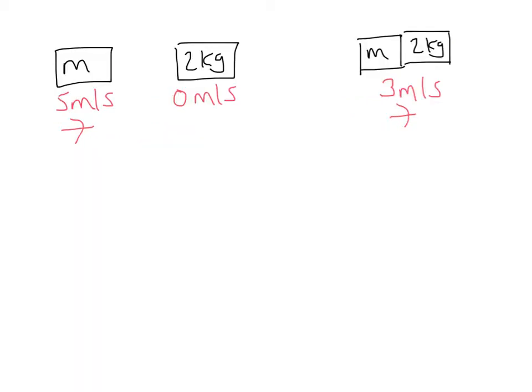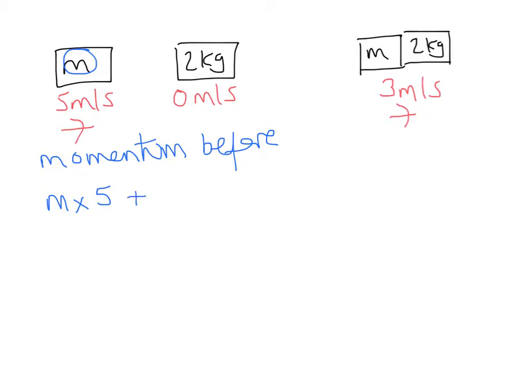Let's look at our last example now, but this time it's the mass that's unknown and not the velocity. So we're just going to approach it in exactly the same way. Momentum before. But this time I won't be able to find an exact number. So I have the mass times the velocity plus the mass times the velocity of the second car. So in this case, my 2 times 0 will be 0, so I end up with